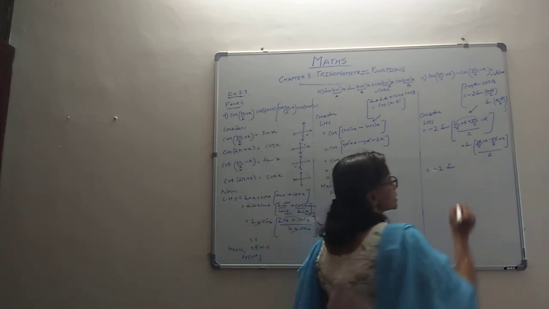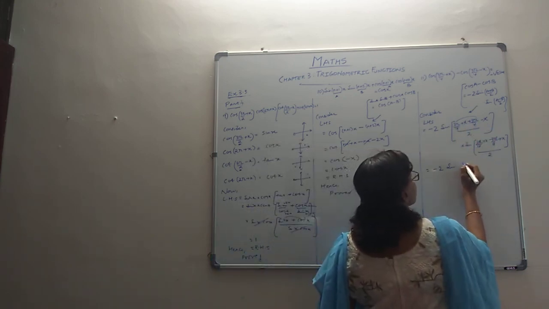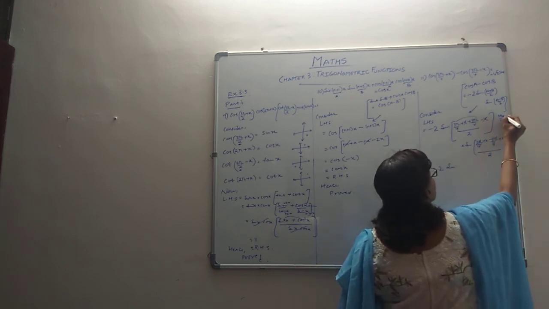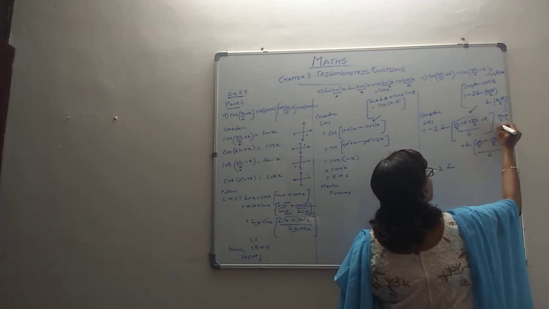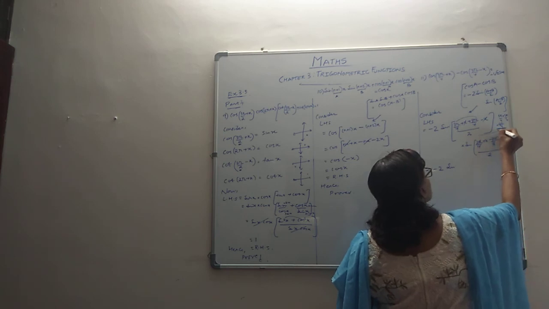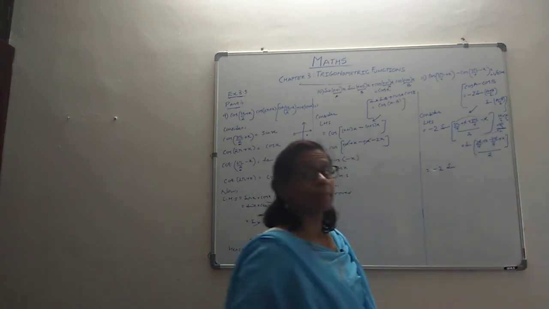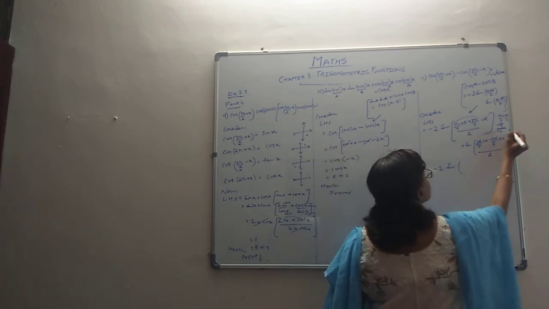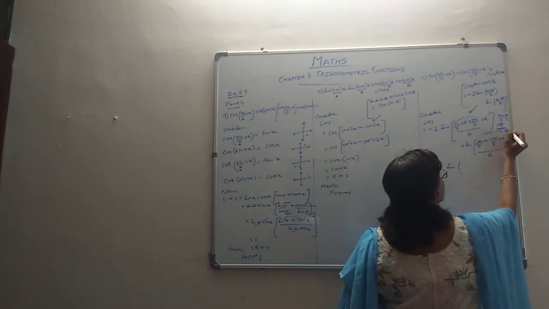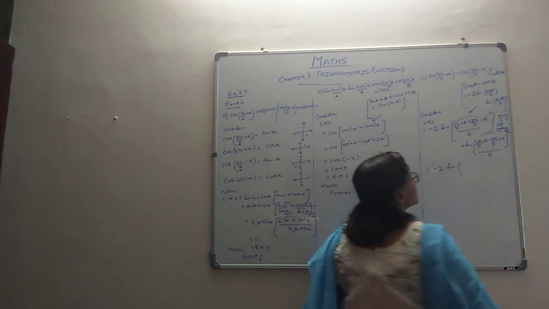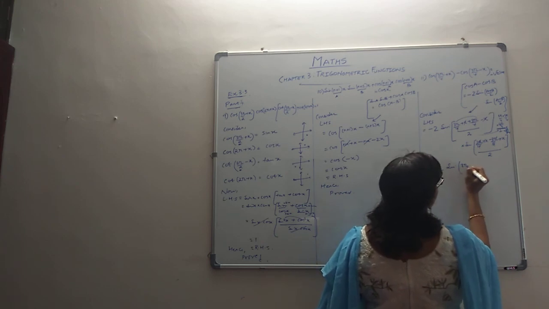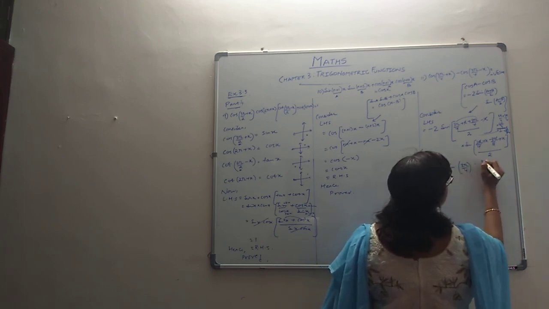See, denominators are same, so 3 pi plus 3 pi will add up and become 6 pi by 4. But you also have this denominator 2, so it will become 6 pi by 8, which on simplification will become 3 pi by 4. So you're going to get this as sine 3 pi by 4 into sine